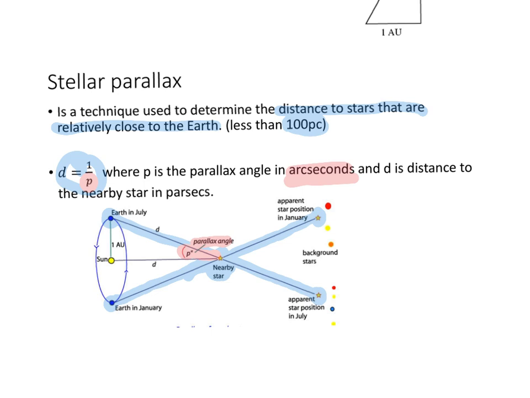So the distance to the nearby star, D, is given in parsecs. If you use the value of P in arc seconds, you get the answer in parsecs. This is similar to what we saw briefly in the previous part of this video when looking at how the parsec is defined. Like I said, this is limited to stars that are less than 100 parsecs away, and that's due